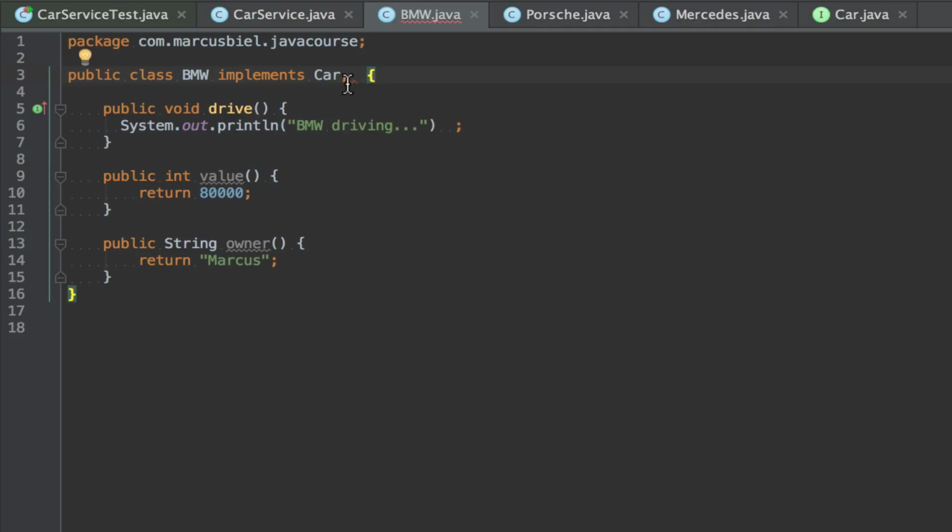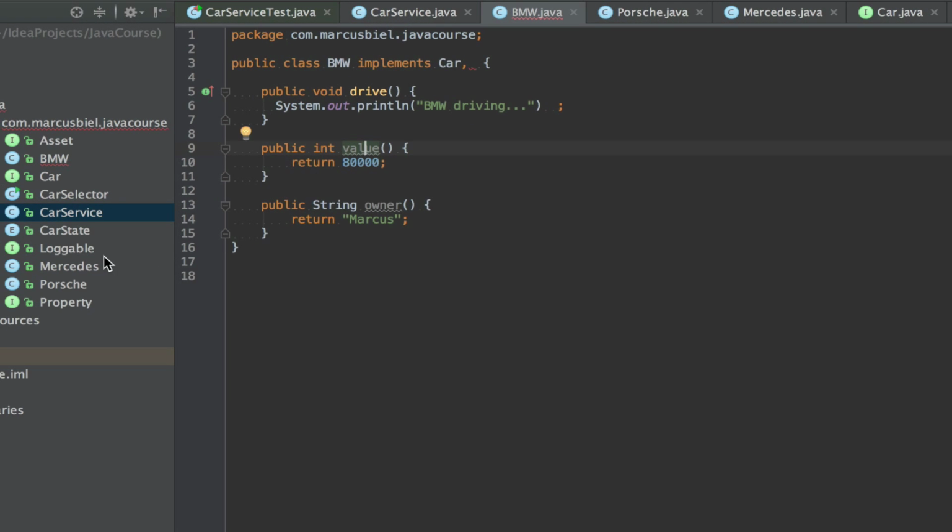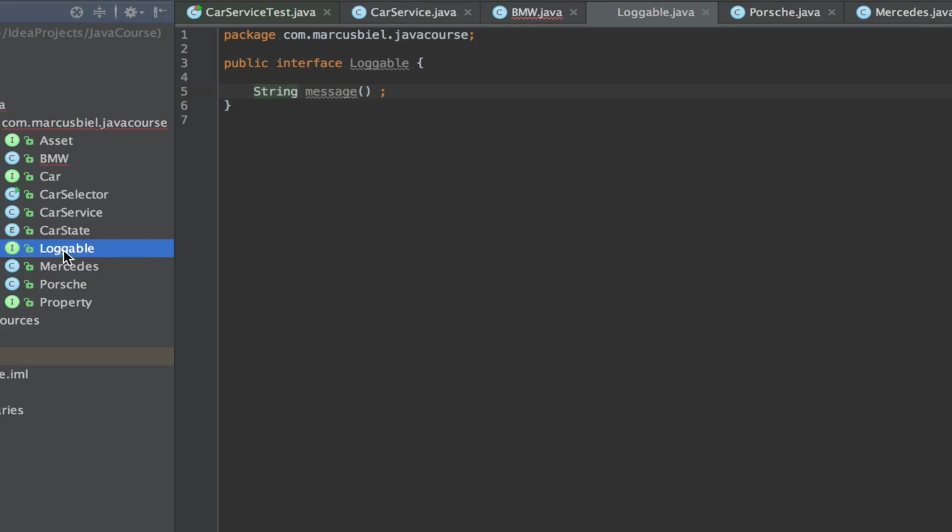And now let's implement more interfaces in here. I've already prepared it again, adding these methods, because I have also more interfaces. One interface is the loggable interface, which I defined. The idea for such an interface is, for example, you want to do logging. You want to log several different objects.